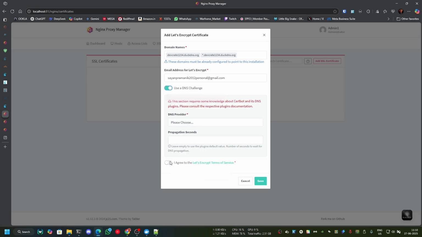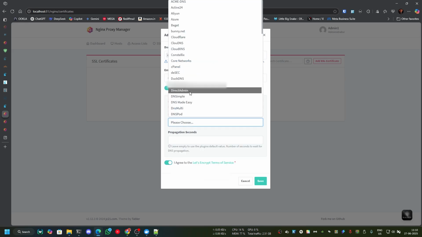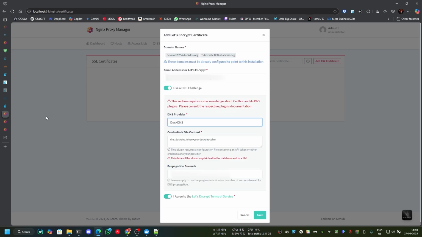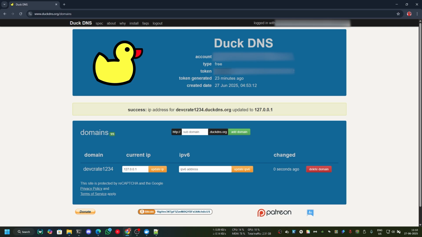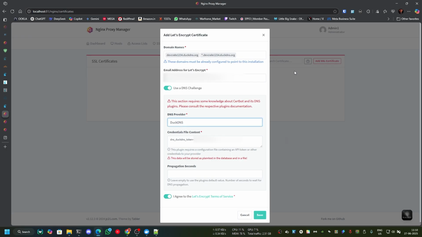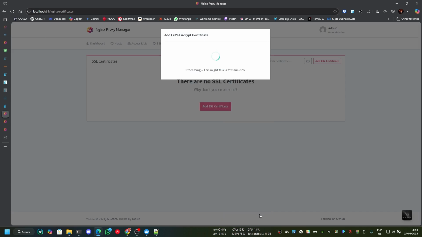We use the DNS challenge. We're going to use the Duck DNS challenge. Now again, move back to Duck DNS, copy the token and paste it in the token tab. Make the propagation time 120 seconds and click on save. This is going to take some time, and once this is done, an SSL certificate will be provided for that